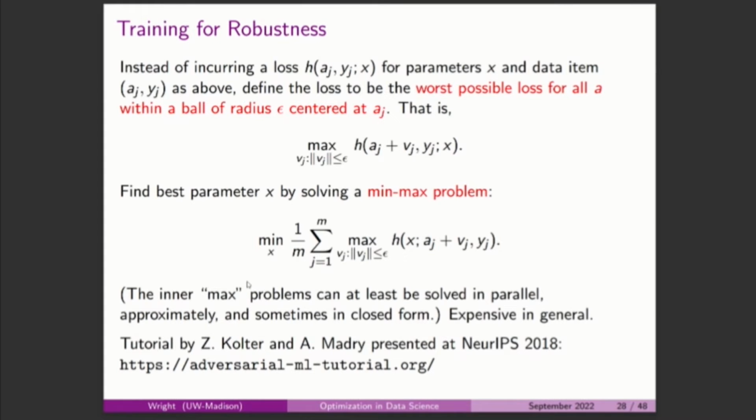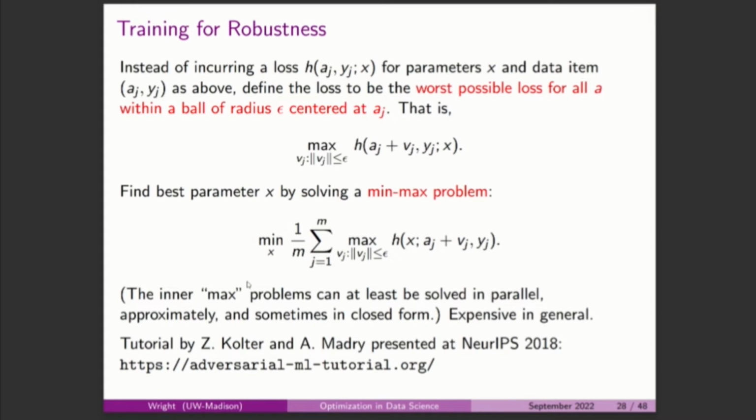What can you do about that? Well, there are a bunch of things you can do, but one thing is that you can train for robustness. You can train whatever classifier you have, which I've captured in this loss function h, so that it doesn't just do a good job on classifying AJ, but it actually draws a ball of radius epsilon about AJ and makes sure that it does a good job on that entire ball,